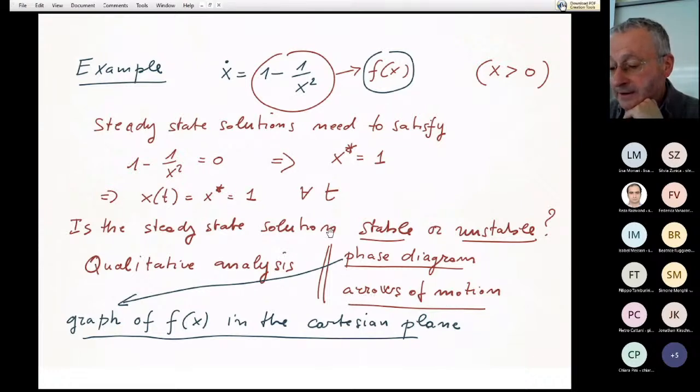Okay, let me graph, but graphing this function is not difficult. It is the interpretation which is new, because we are graphing the trend as a function of the state. This is what we are representing, drawing. Okay, so if you graph this function f of x equals 1 minus 1 over x squared,